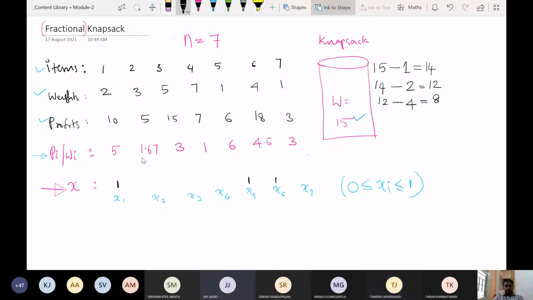4.5 is done. Now we have two choices. Item number 3 is 3, and item number 7 is 3. I can select either, because if two profit by weight values are equal, you can choose any one. Okay, let me include item number 3. Or the 7th, because its weight is less, so we can include more items? No, that will be equal only, because in the next turn this will be selected.